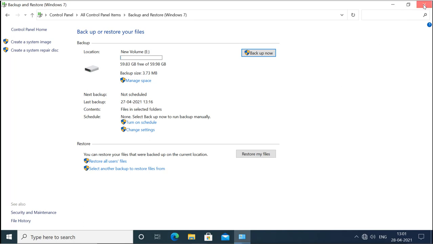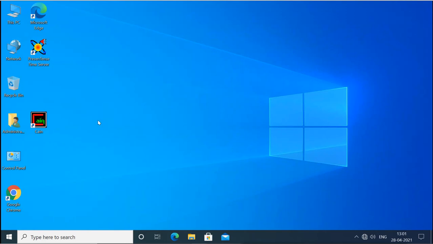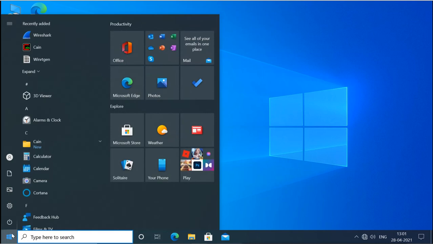Now if you don't have that recovery disk, then you can use your installation media. The installation media which you have used to install this Windows 10 also has that recovery environment. First let's see the recovery environment that is installed in this Windows 10. So what I will do here, I will go to that installed recovery environment by going into